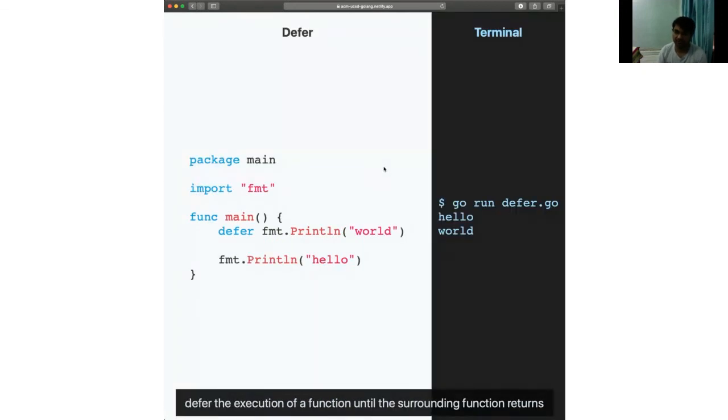Now let's look at defer. Defer just executes a function after the surrounding function is done with everything. For example, here if you have this defer statement with world, but nothing attached to hello, hello will execute first in our terminal. The right side is going to be the terminal in most of these examples. I think I have it labeled. So it prints hello world, as you would expect. The defer executes after hello when main is finished.